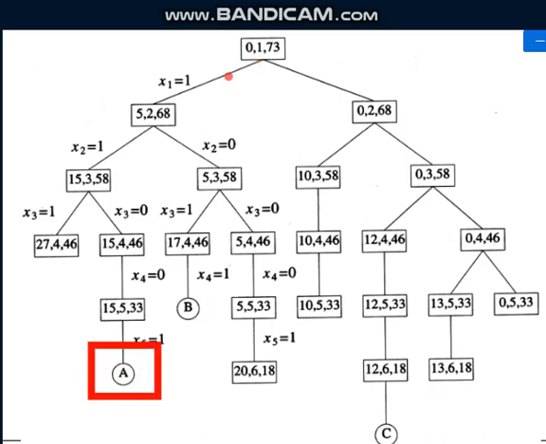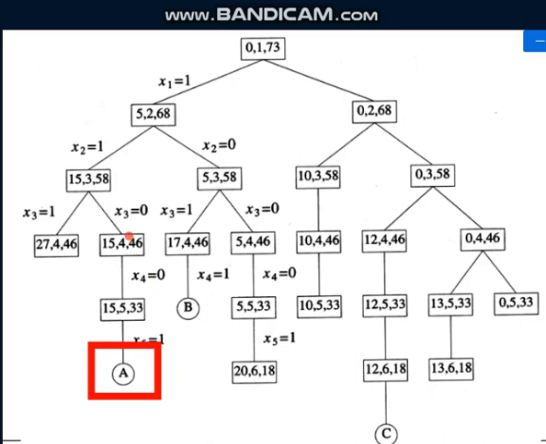So if you trace back the tree, you can see which elements you have included and which ones you have excluded. Okay. So the first element you have included, the second element you have included, you have excluded the third and fourth, and you have included the fifth. And when you include the fifth, you have got the solution. So that means you are not worried about the sixth element. Yes, at least here you are not worried about the sixth element.